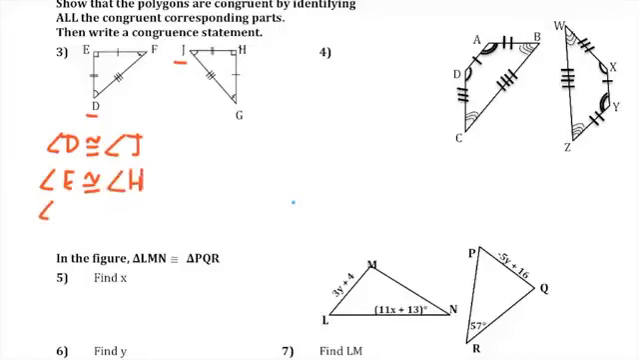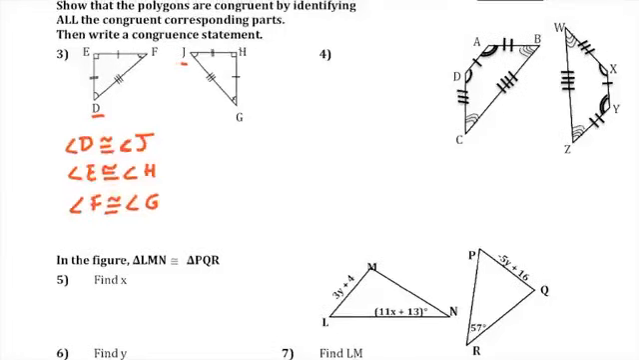Then we have angle F is congruent to angle, that's the last one, which would be G. And you notice that they have an arc with a little tick mark in there, showing that they are congruent. Now that we have a list of all the congruent corresponding angles, we're going to look at the segments or